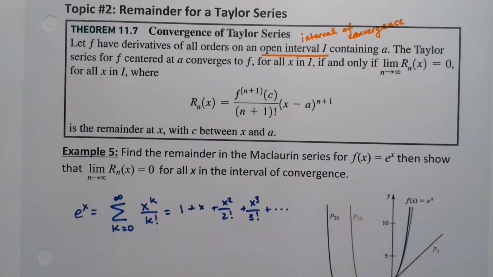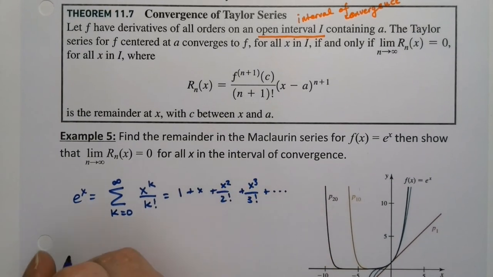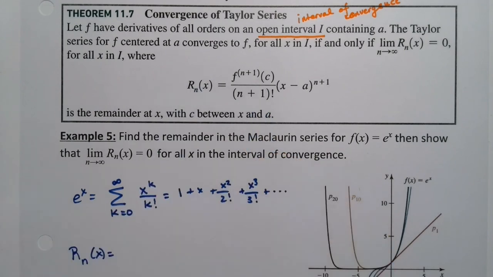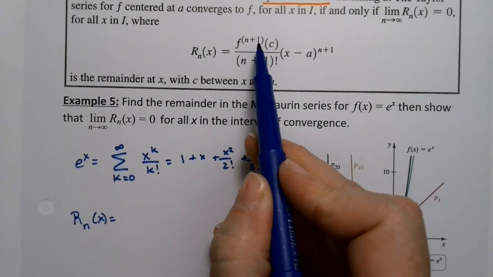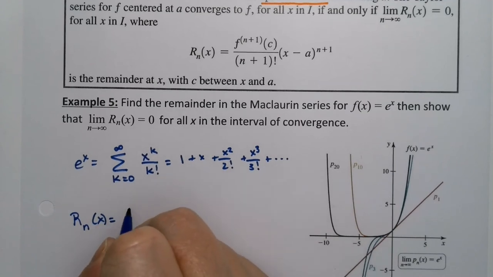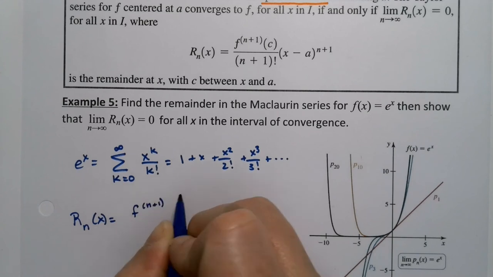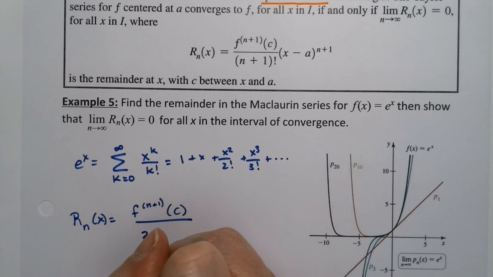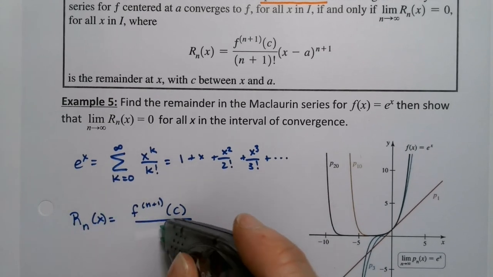All right, so the remainder, according to this theorem, would be equal to e to the constant, because of course the n plus 1th derivative of e to the something is e to the something. So, I'll just put it this way. The n plus 1th derivative at some constant c over n plus 1